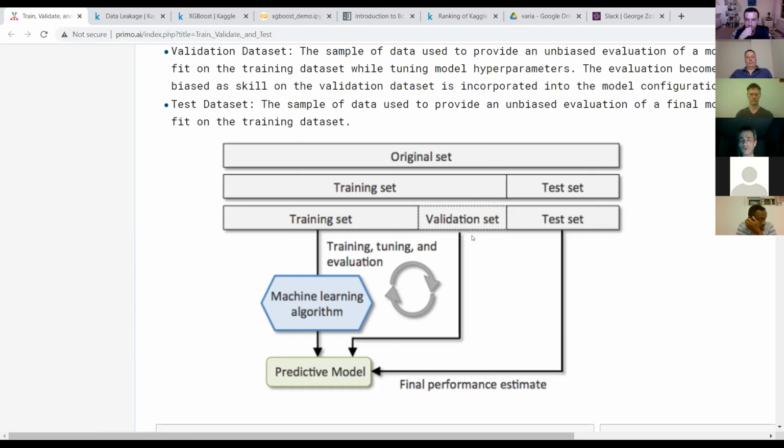Number two, a little more subtle point, is with the validation set. The validation set is, of course, something we use for hyperparameter tuning and choosing the right hyperparameters. As opposed to the test set, you would impute, scale, etc. with the entire training set.